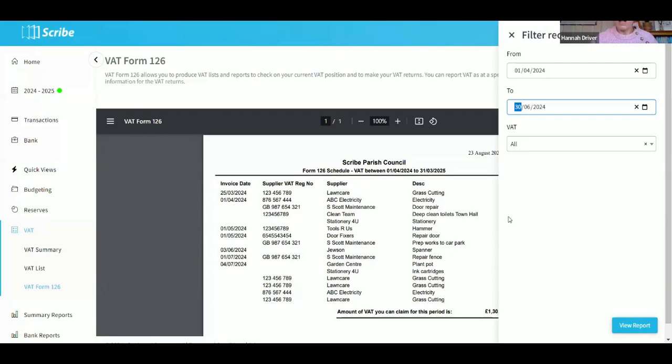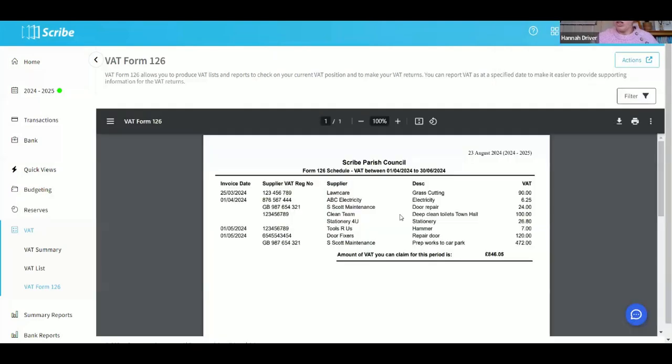But if you do it ad hoc, according to when you incur large amounts of VAT, do make sure that you keep a record of your last claim, keep a copy of this report so that you know when you're next starting from. Remember, you can only claim for complete calendar months, and if your claim is less than £100, it needs to be for the full financial year. So once you enter the date range, you would just click View Report,